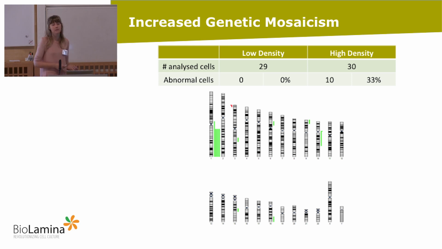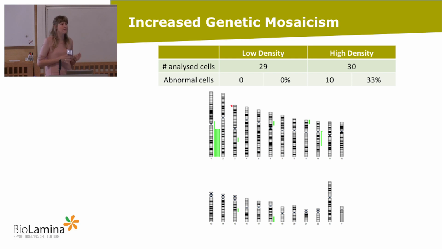So we went on to analyze the medium to try to find what was causing the genome instability, and there you see glucose levels going down, aspartate, glutamine, but none of them reaching a level where you would think, oh, this is critical for the cells, this is way too few. But what you do have is a very drastic increase in lactate and a decrease in pH going on in your culture.